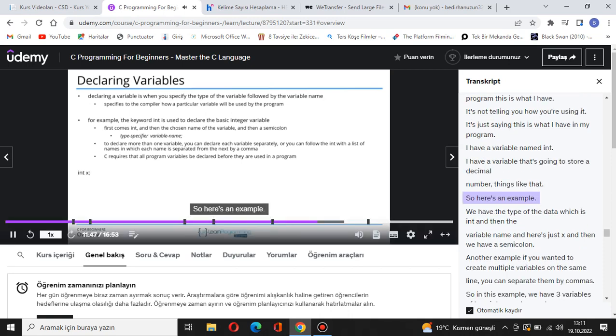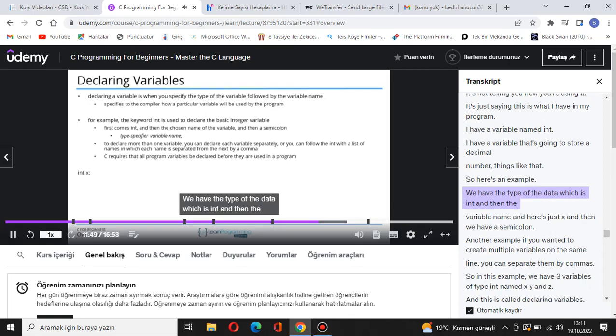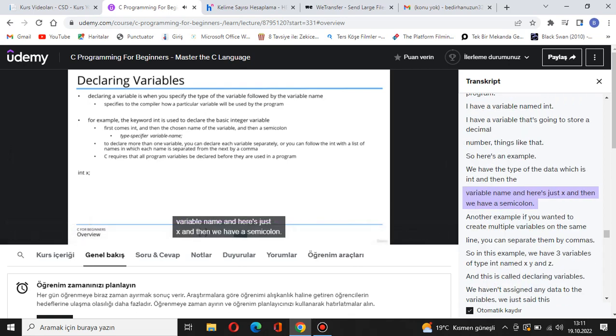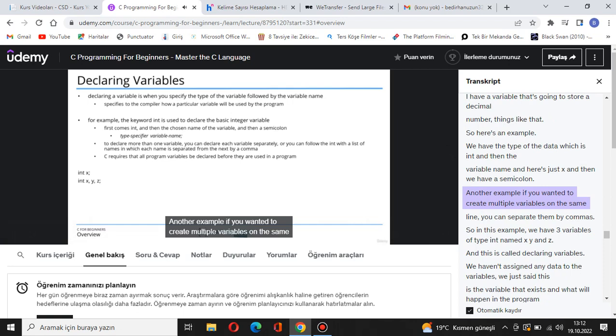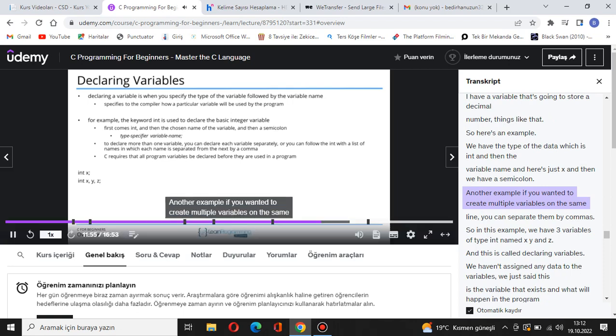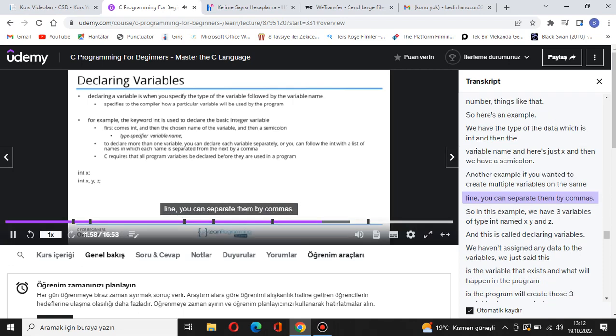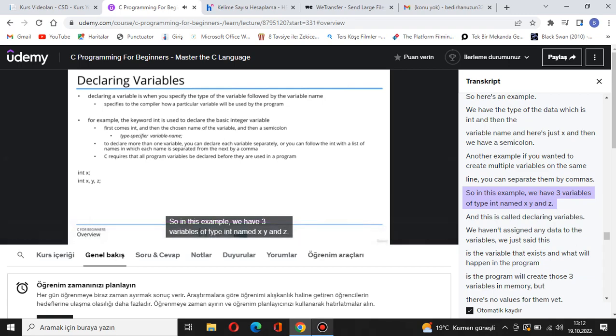So here's an example. We have the type of the data, which is int, and then the variable name, and here it's just x, and then we have a semicolon. Another example, if you wanted to create multiple variables on the same line, you can separate them by commas. So in this example, we have 3 variables of type int